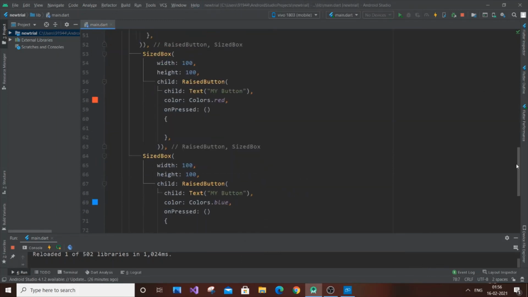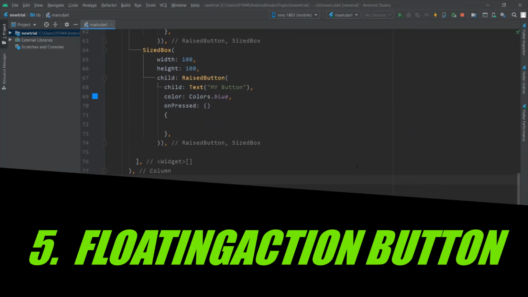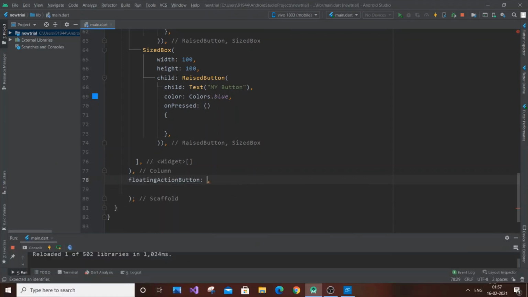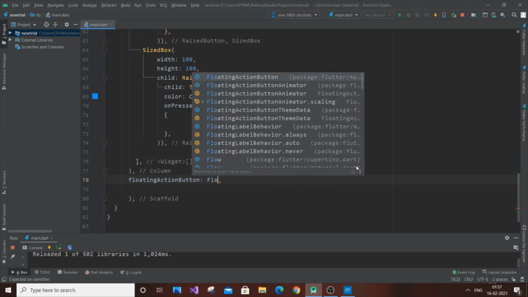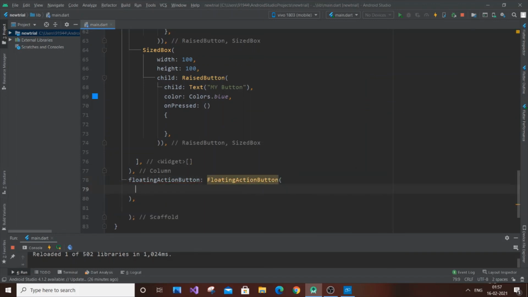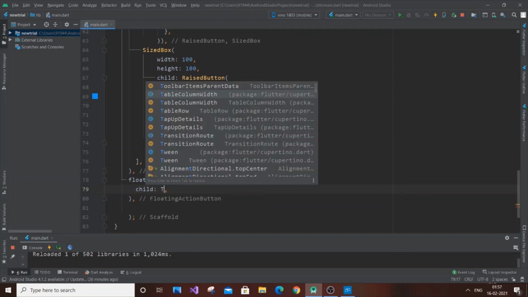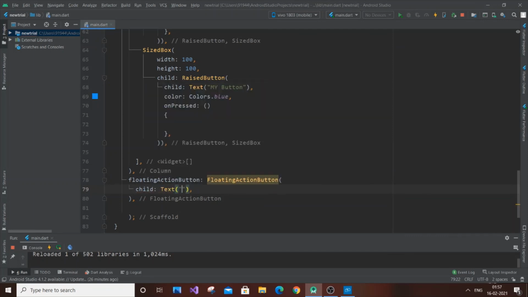And our last widget is going to be another button, but it is also a commonly used thing. It is going to be our floating action button. Many of you, when you have done a project in Flutter as a beginner, would have just run a particular app where if you press a button, your value gets incremented, like that first app that you would run. That's done by using the floating action button. So floating action button, just open it, and you can pass text also over here, child text. Okay, child text, and I'll just pass hello.